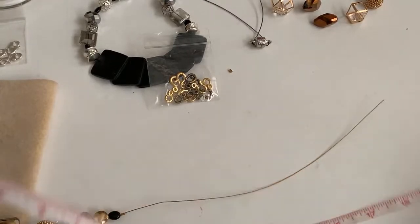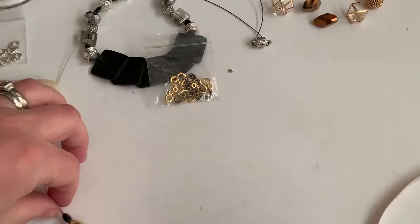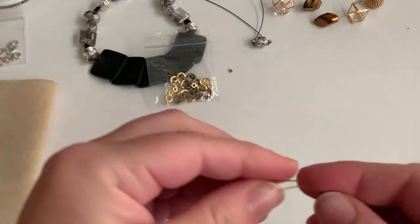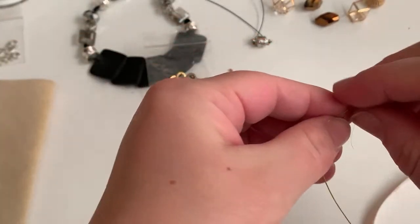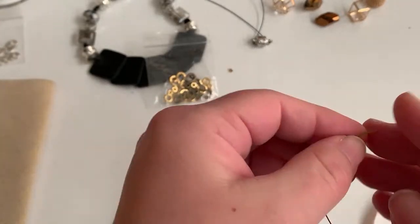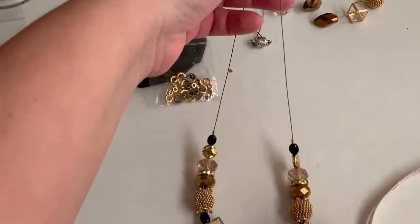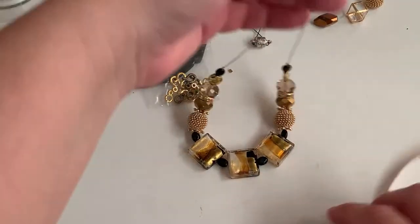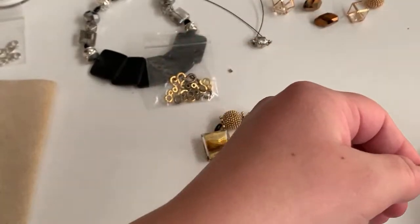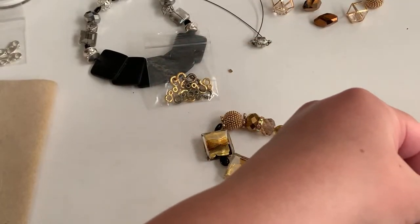I've got 24 inches, which I think I'm going to go a little shorter. This one I feel like would be nice, kind of closer on your neck. So if I take off about